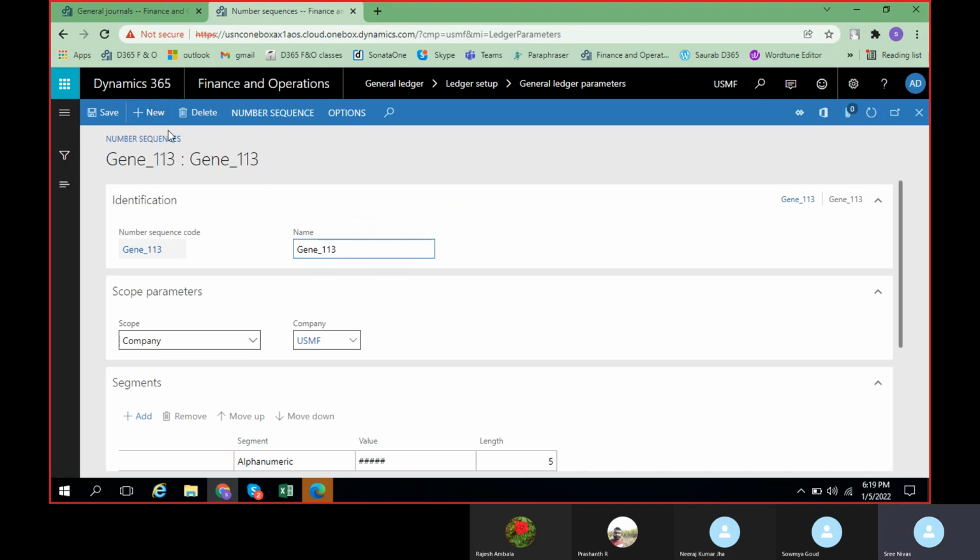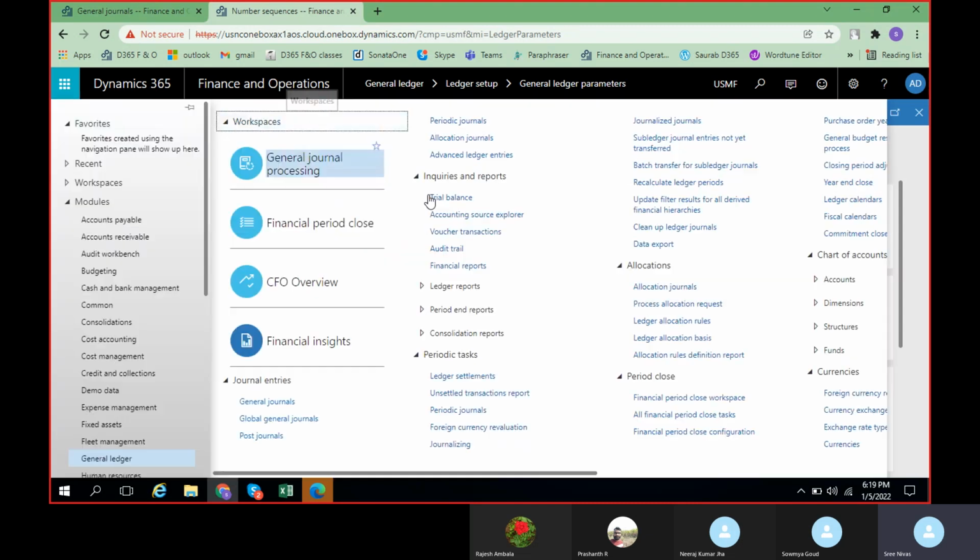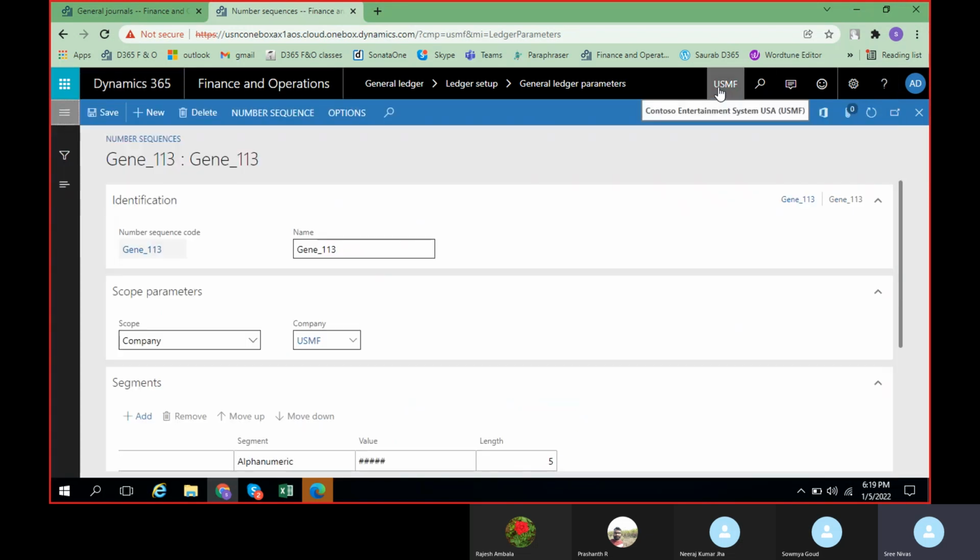You can create a new one and you can give it later while recording the transactions module-wise, you will understand, because now if I create it also, it will not reflect. Even if it reflects, you will not be able to see the changes. If you remember that BTN, the number sequence has been changed, right? In the same way, it should allow you also to show the new number sequence.